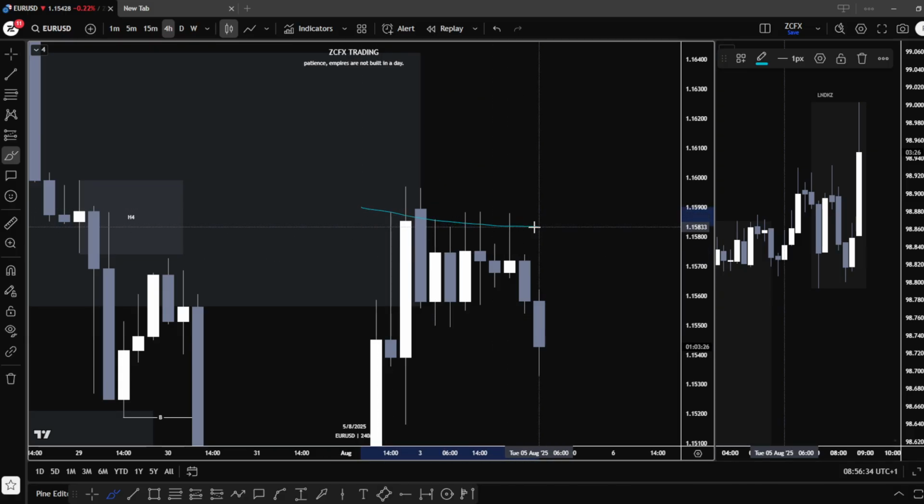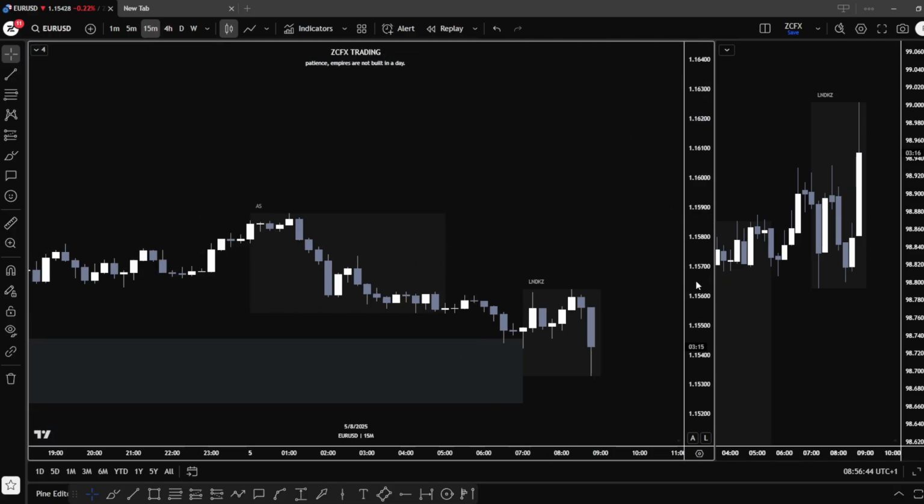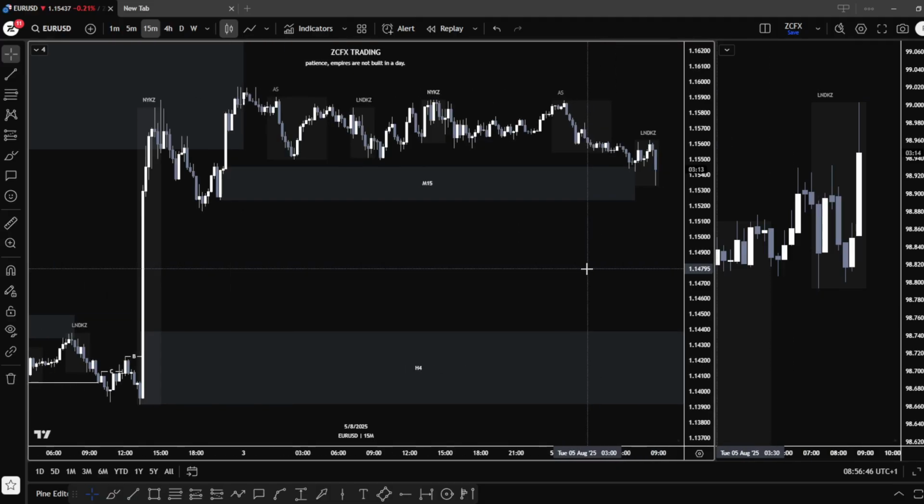As you can see from here, since the back end of Friday, price has more so just been moving sideways, up and down in the same sort of area. So keep this in mind because it will make sense shortly. When we jump onto the M15, as you can see here on the other hand, pretty much what I was